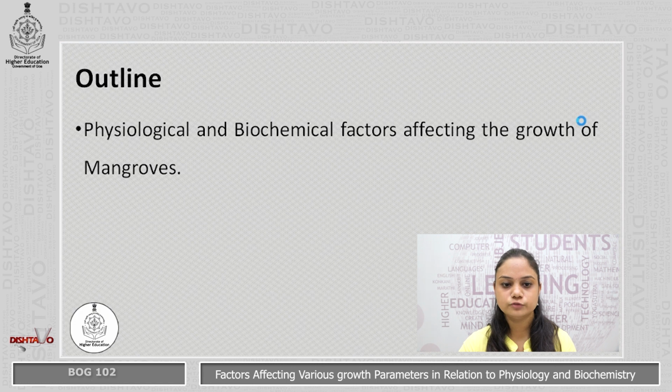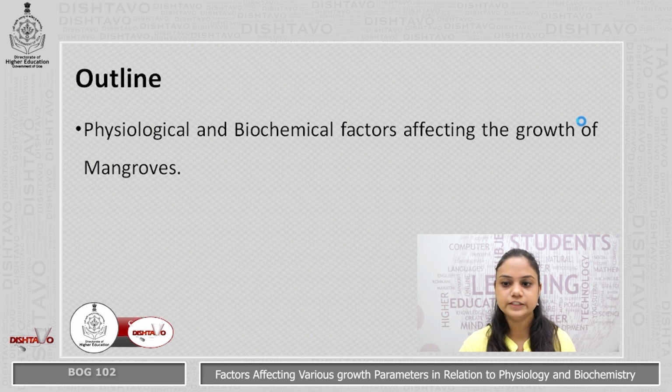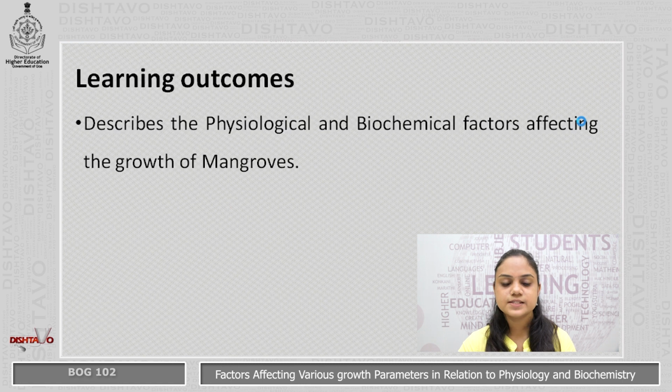This is the outline of the module. In this module, we are going to learn about the physiological and biochemical factors affecting the growth of mangroves. These are the learning outcomes of the module. At the end of the module, you will be able to describe the physiological and biochemical factors affecting the growth